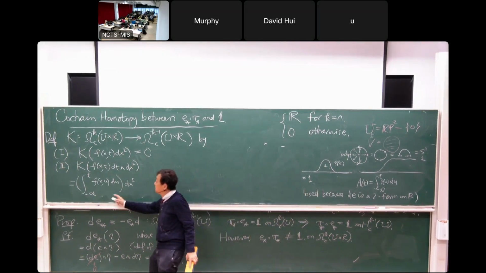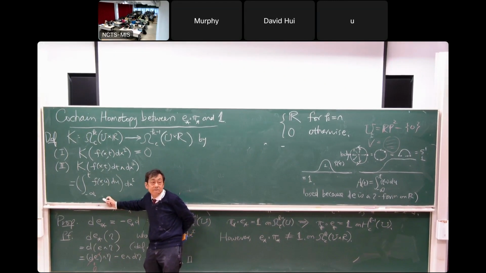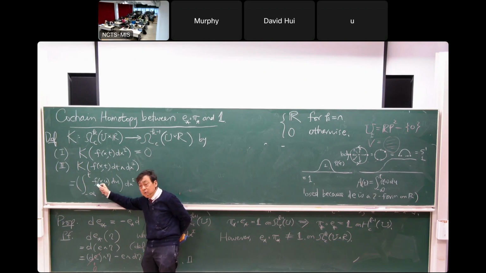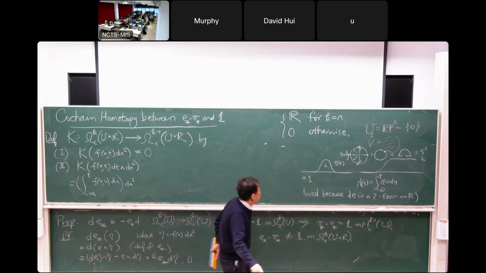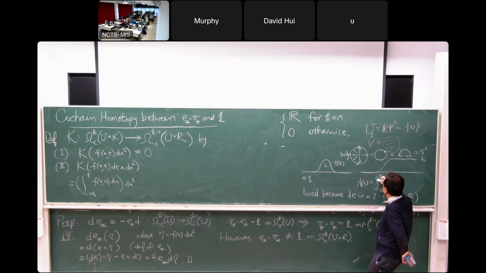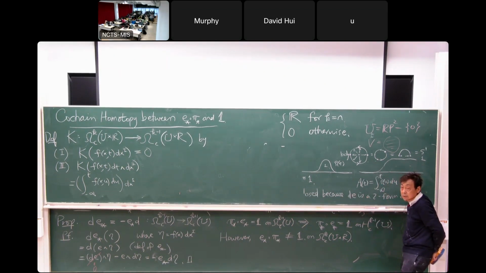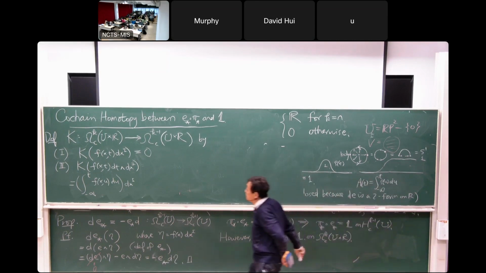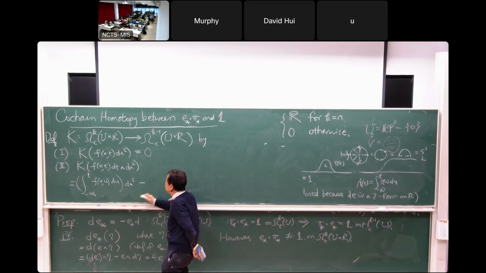Can you see what the problem is? Yeah, this will not have compact support, right? Because if it's compact support, like this is compact support, but when you integrate to t, the resulting function doesn't have compact support. To have compact support, it has to be 0 at infinity. Okay? So in order to give this compact support, I should subtract